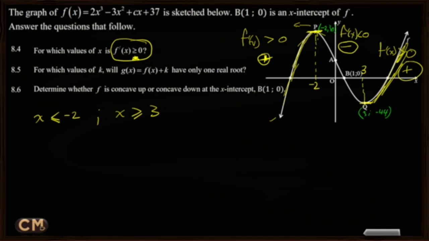For which values of k will g of x equal to f of x plus k have only one real root? So this g of x takes f of x and adds some constant value to it such that there is only one real root. So for this, our y values at the turning point become important, because what happens is, let's take scenario 1, if we were to raise the graph completely, we know at some point